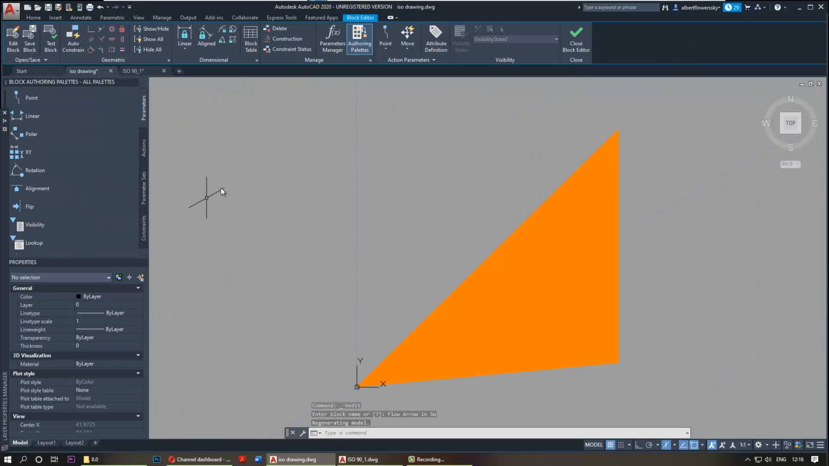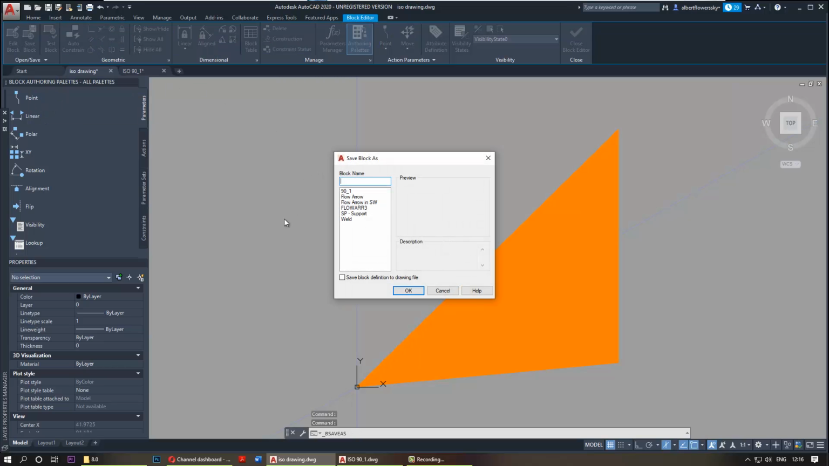You can do more things with it here, too many things, nice stuffs. And then all I want to do here is to go and click on save as, save block as. Once you do that, then you can give it another name. Let's say flow arrow southwest, or you can just select this,